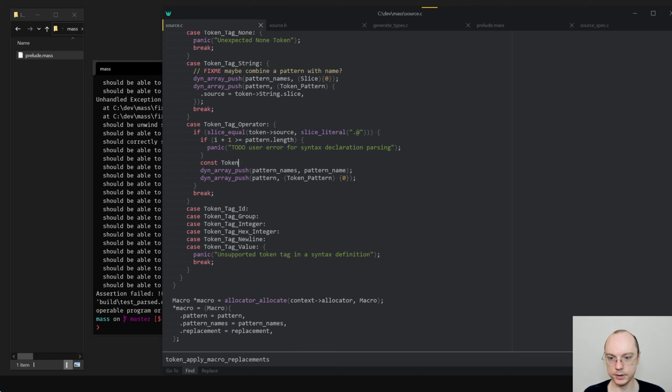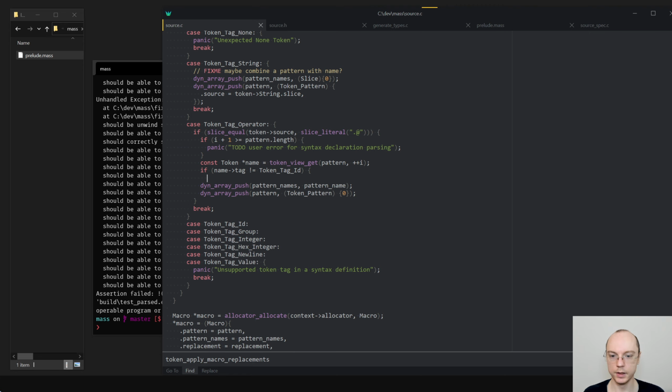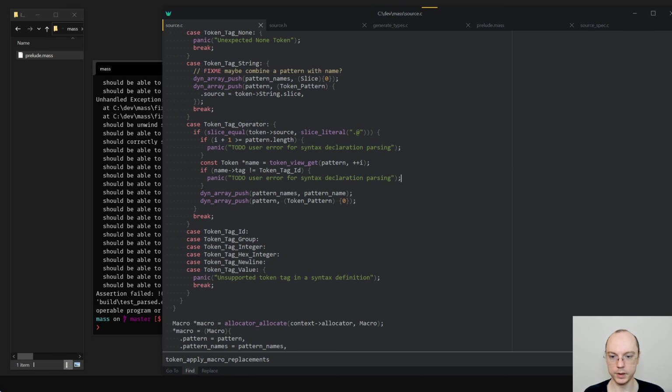And then we say const token star name is token view gets pattern plus plus I, and if name tag is not token tag ID, then we say I need to do user error whatever. I will figure out good error message later.